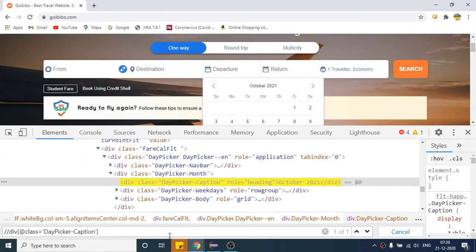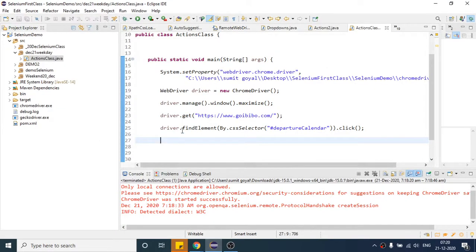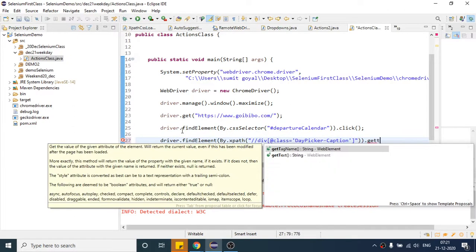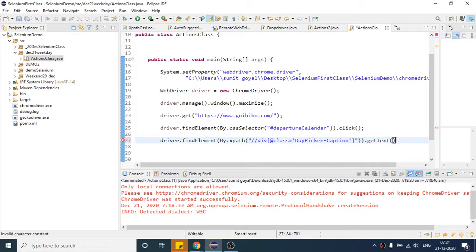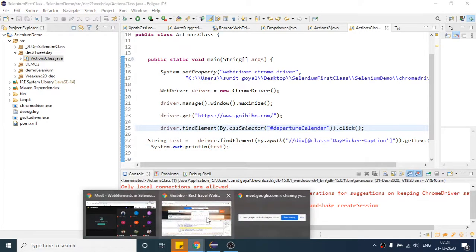So how to get the text? We have not discussed the method. If I write driver dot find element by dot XPath, there is one method, get text. It will get you the text of the element for which you have written the XPath. So I will write a string text. Once our calendar opens with the help of this statement, for the very first time, if I refresh